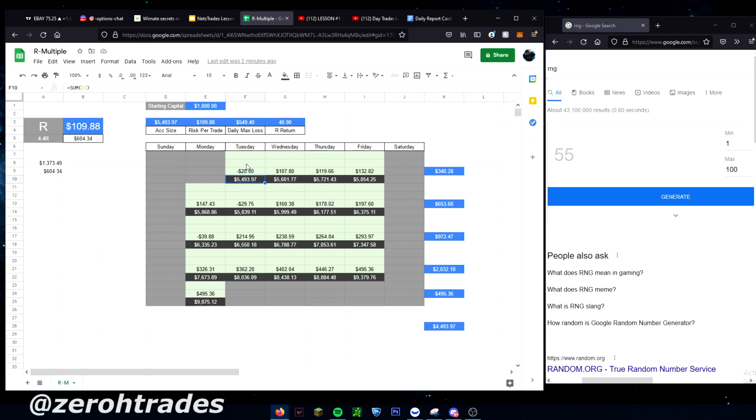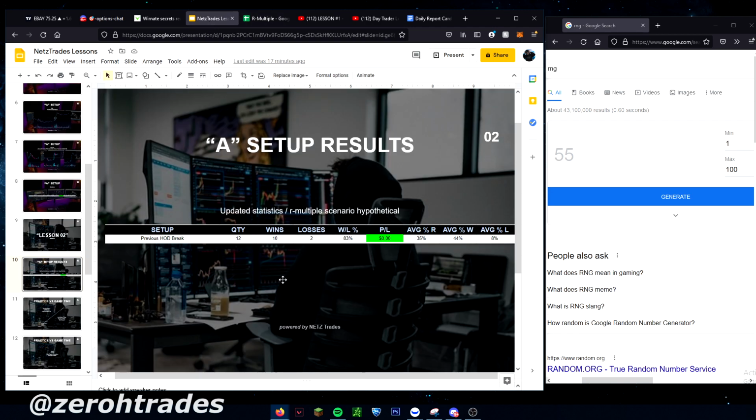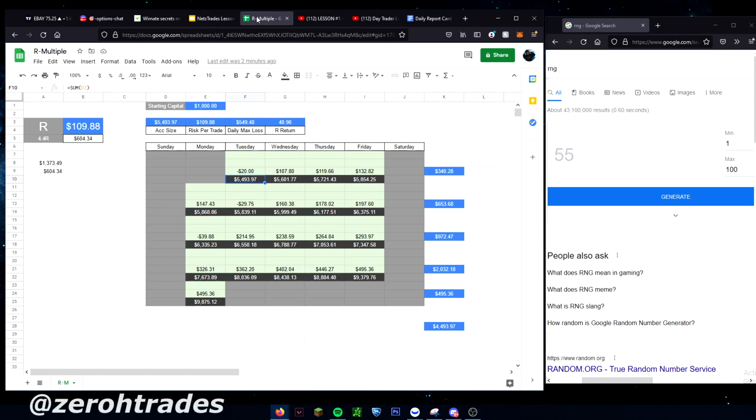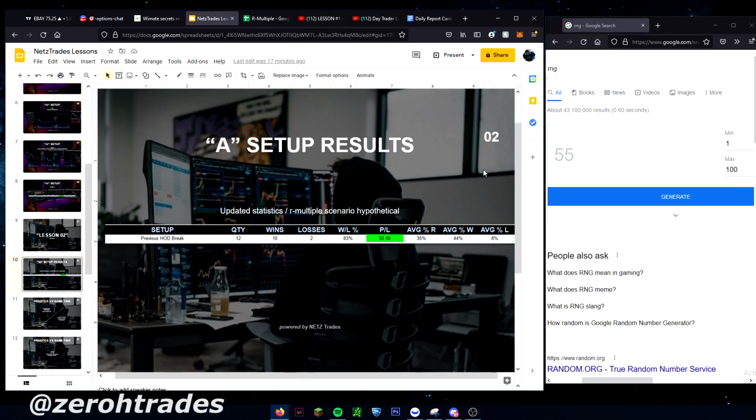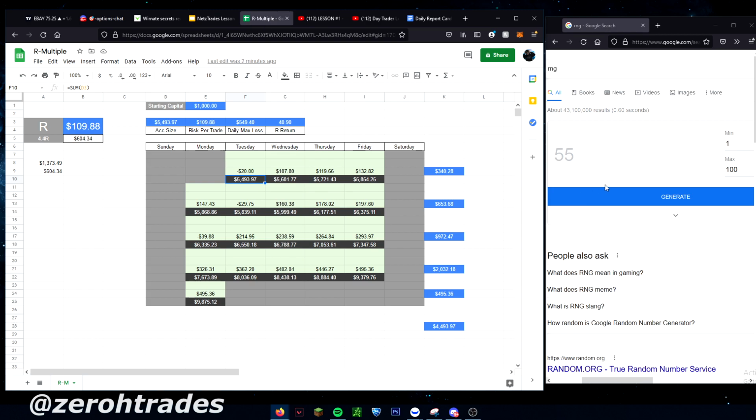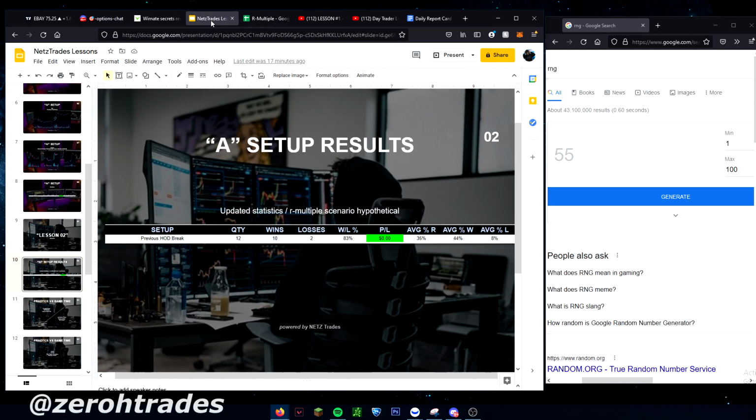And then we can also see what you could typically expect from using this strategy based on these statistics that we've gathered. So you can see just how profitable this strategy can be, and I hope you guys get a better idea of that. You guys can try this out. Just use a random number generator. If you have your own strategy and your statistics, you can try this out, and then hopefully you understand how to do this now. But I just wanted to demonstrate that 1,000 to 5,500, so a 500% return in a single month, just using a single strategy. So yeah, just wanted to show you guys that.